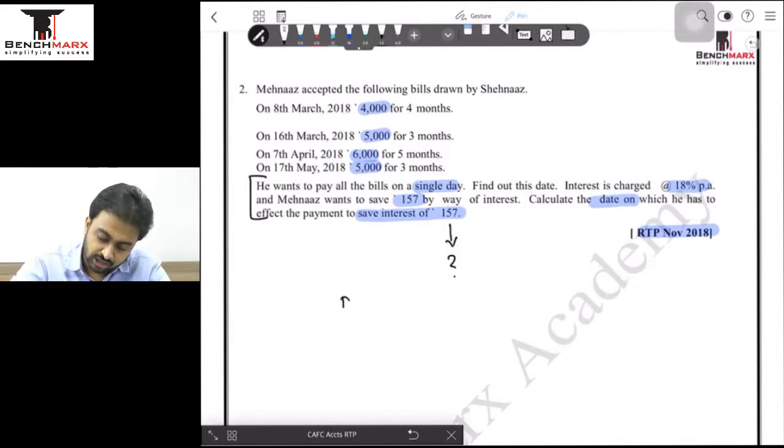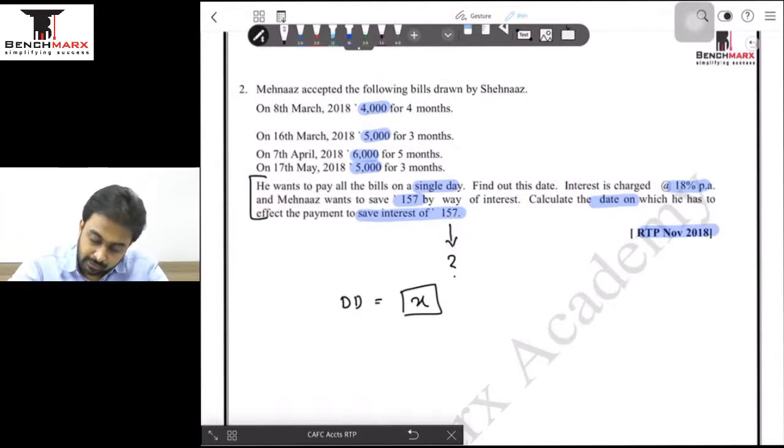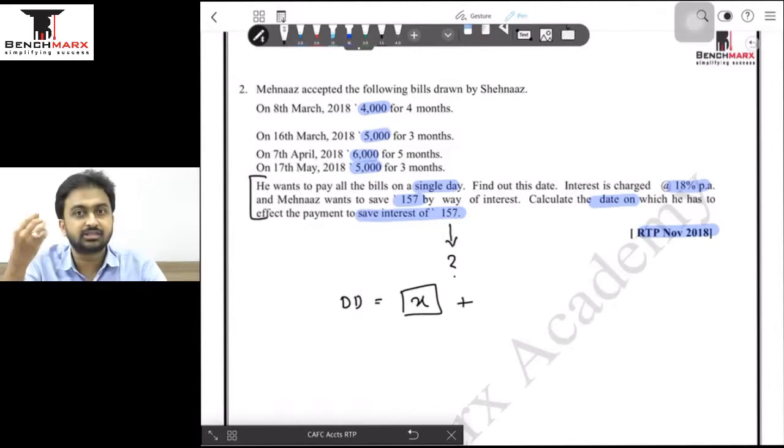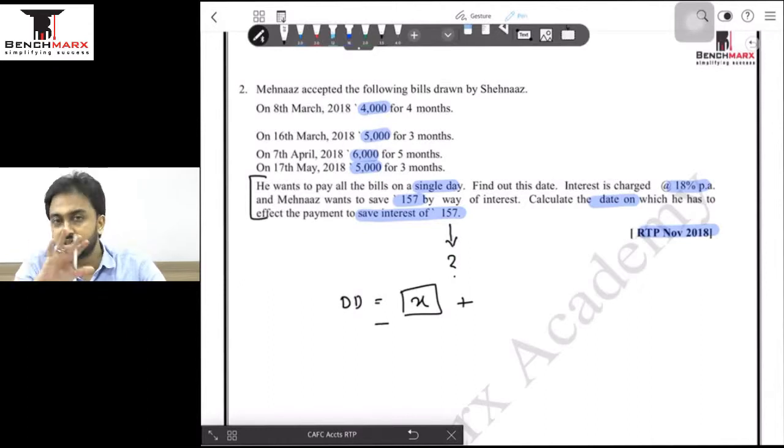So suppose the due date is X. If the payment has been done on this due date, then no party will receive interest, and no party will have to pay interest. If the payment is done beyond this date, then the payer has to make some interest payment. If the payment is done before this date, then he will get a discount because I am making the payment before the due date. So my concept in this question is to find the due date,